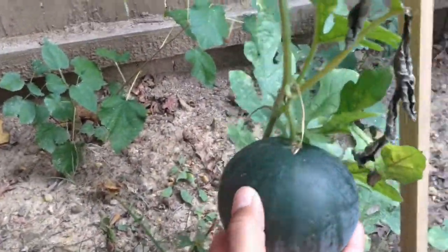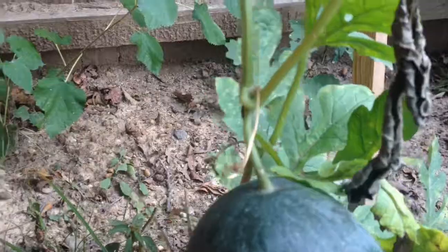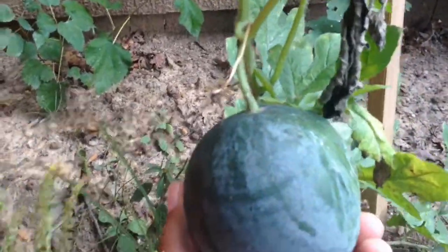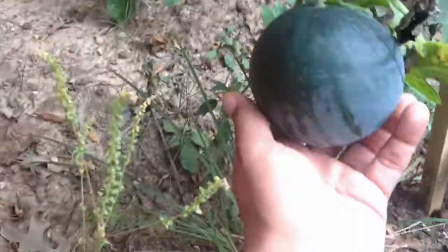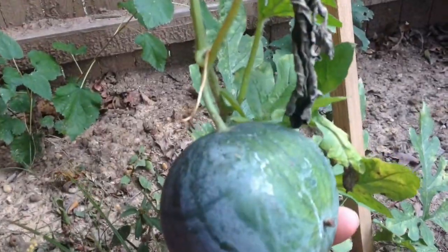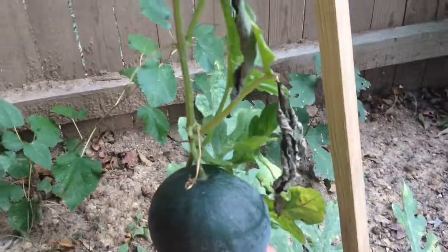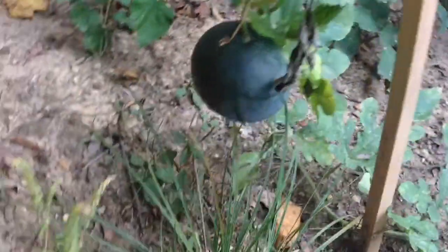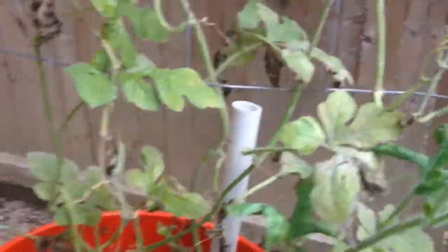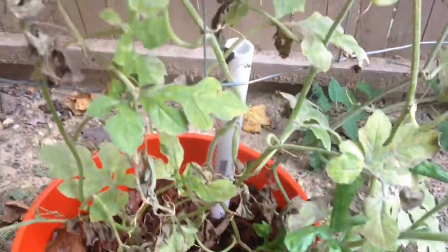They say when the tendril that the vine is connected to dies off, then it's ready, but this guy's pretty small. So I don't think this guy's ready to be picked, so I'm going to leave him there for a while and then try to pick him later. So that's this guy here. He's dying out too and suffering